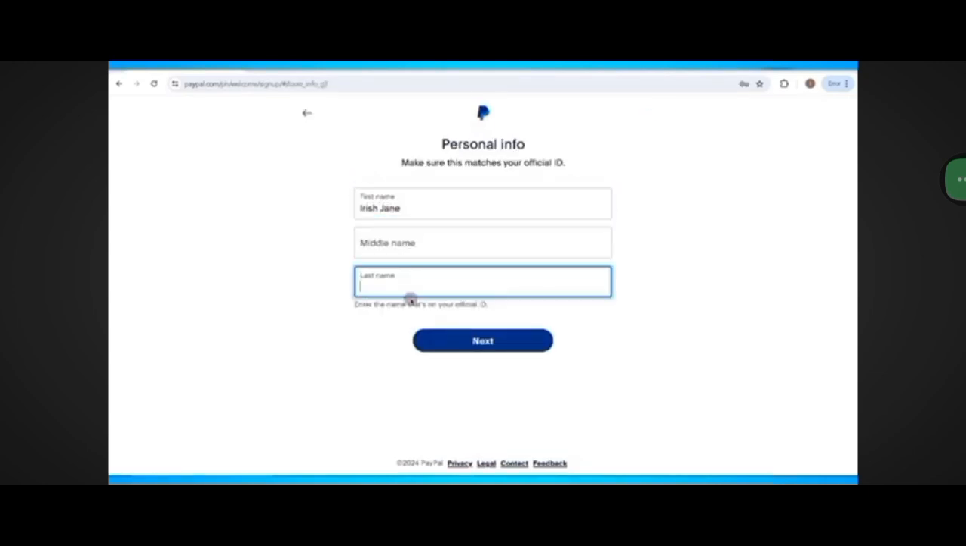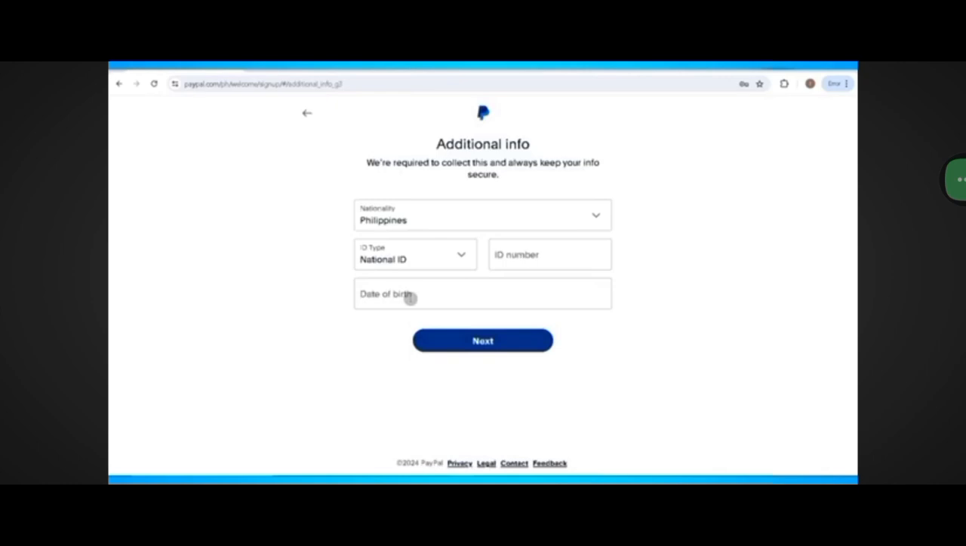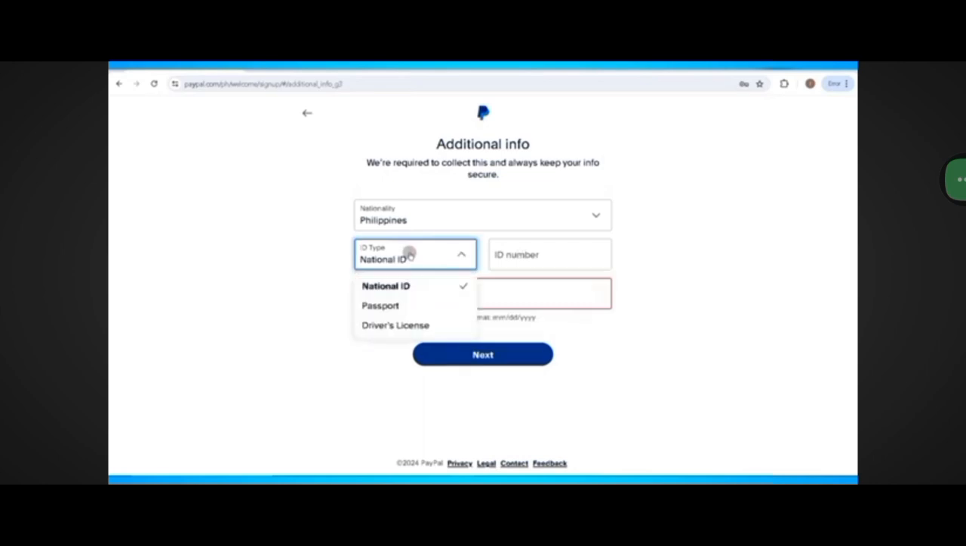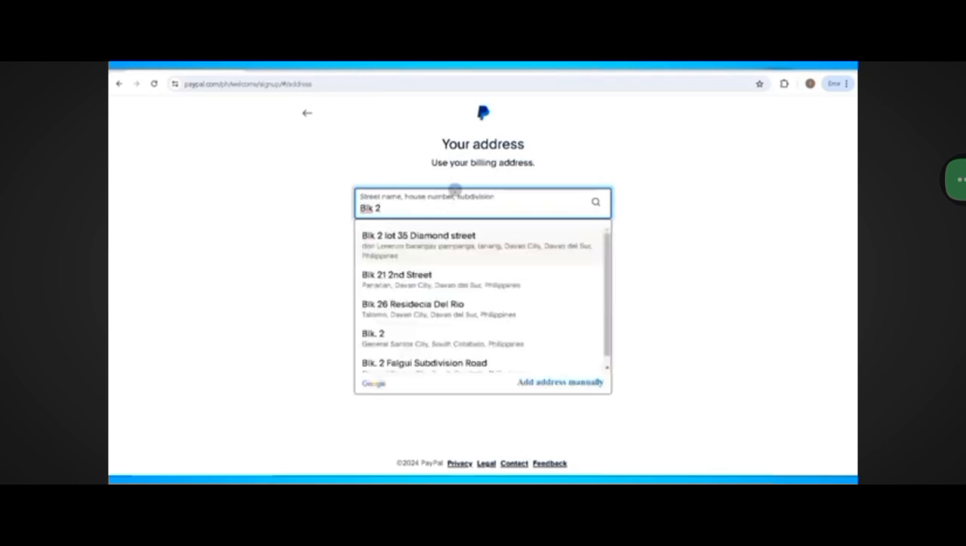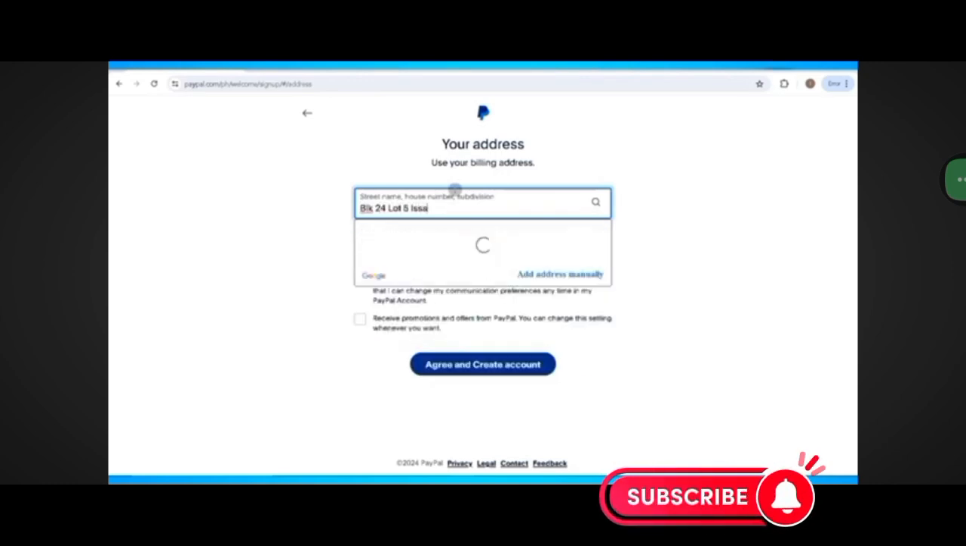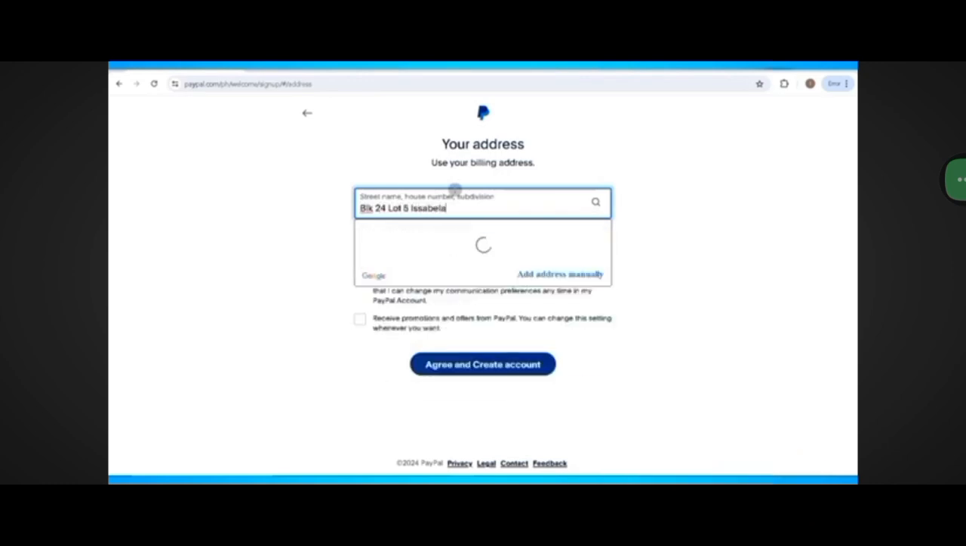Step 5. Fill in your personal details, including your name, address, and phone number. This information is necessary to complete your account setup and ensure your account's security. Step 6. Read through PayPal's user agreement and privacy policy. Once you're comfortable, check the box to agree to the terms and click Agree and create account or a similar